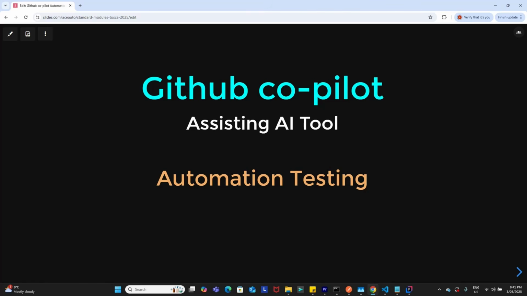Welcome to this topic on the GitHub Copilot AI assisting tool, specifically with automation testing. As you know, with lots of AI tools coming into the market, it has become very easy to set up the test automation framework. And by the end of this video, what we'll be able to achieve is